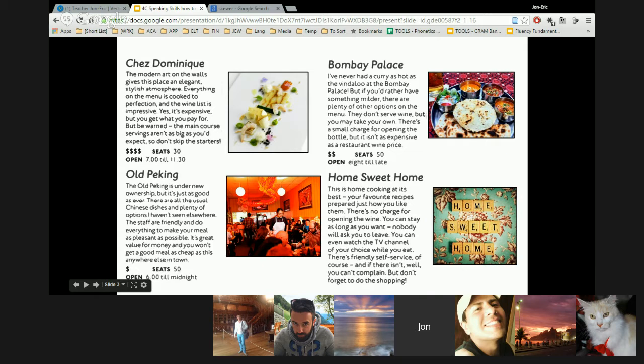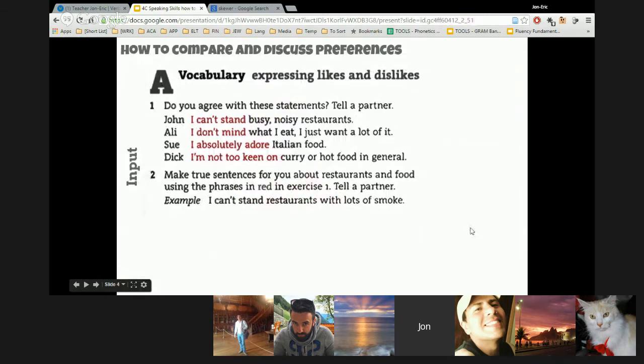It's my house. So before we go, let's take a quick look at John, Ali, Sue, and Dick. I want you to tell me which restaurants you think you could recommend to them, and what you would say about them in the last minute or two. What would you recommend for John? You can see what he said earlier, right? So match him up with a restaurant. See which ones you can remember.